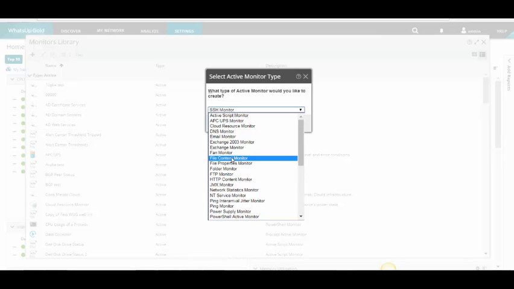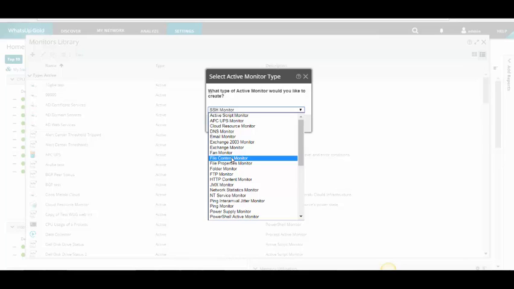We have a file content monitor, which is going to give us the ability to say we have a device that we don't really have access into. Maybe we can ping it, but the only thing we can find from it is that it will log something to a log file or a text file, maybe a word or a string or a numeric value.